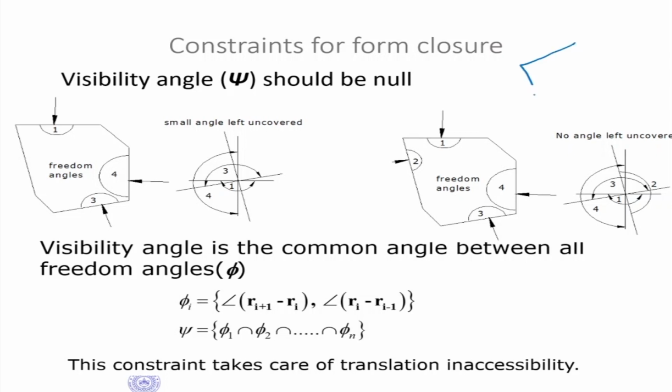Okay, so what we are seeing is that it is like this. If I have an object here, an object here, a finger here. Now, although you have these 3 fingers, this object is still free to move in that direction. So unless I place a finger there, the object will not be constrained. So this constraint is required for form closure. Closure basically means that the object cannot escape in any direction. That is the meaning of closure.